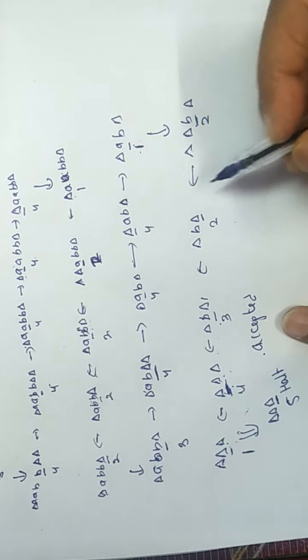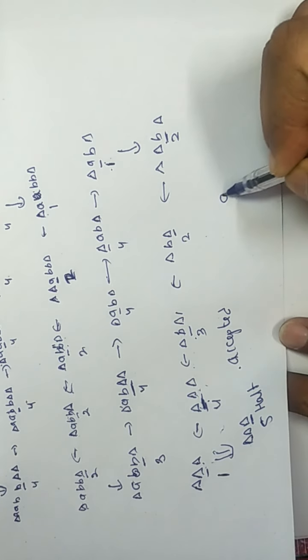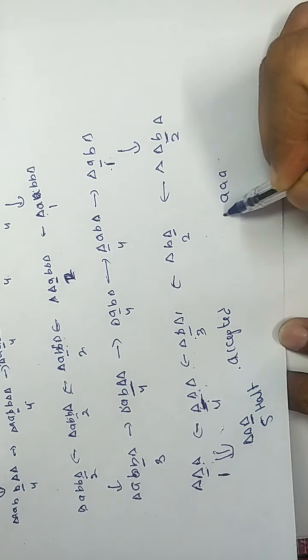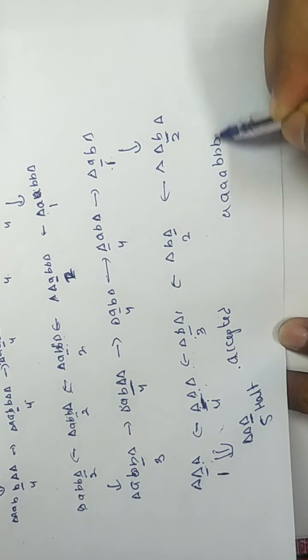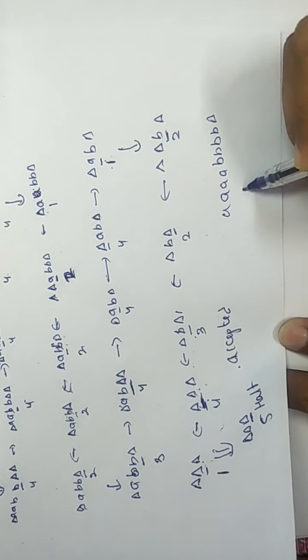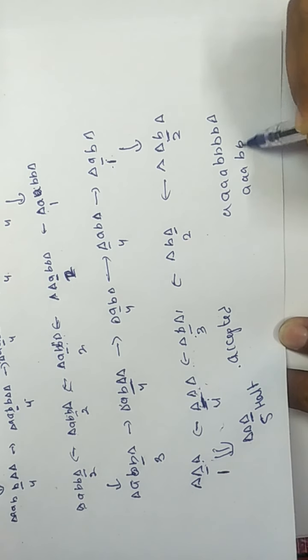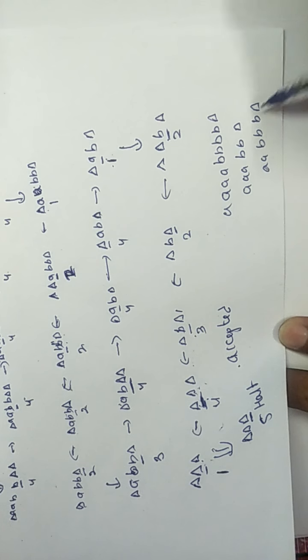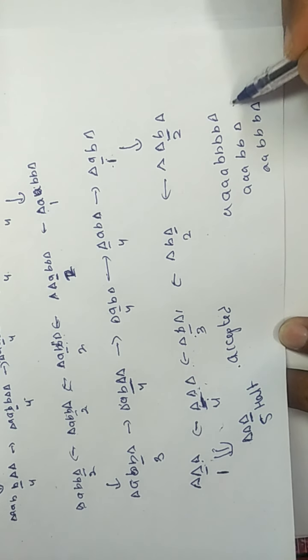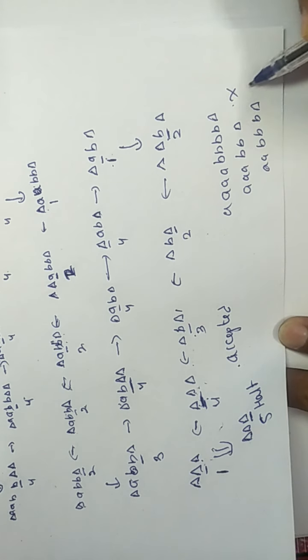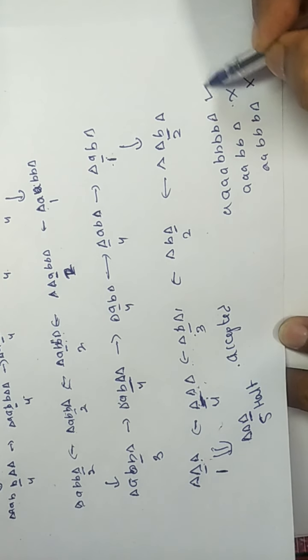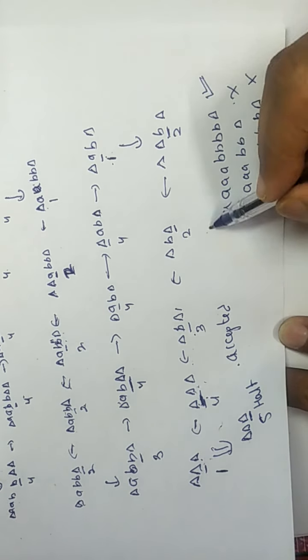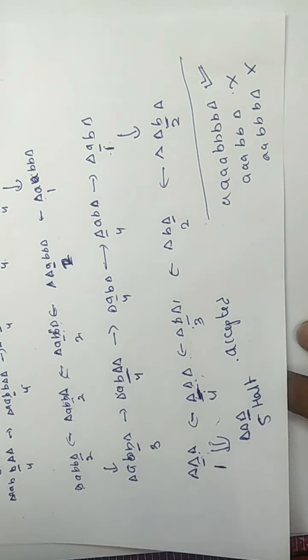Now you can check for inputs like 4A 4B, 3A 2B, and others. You will reach some state that is not the halt state, and it will be rejected, or it will be accepted. Check these for these inputs.